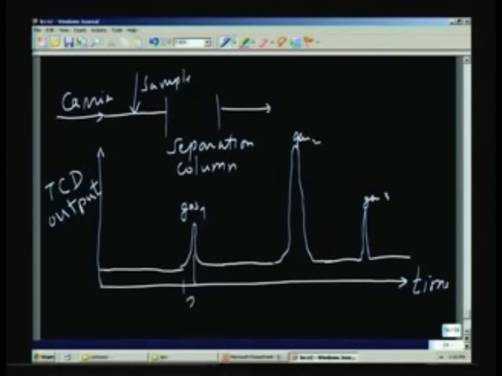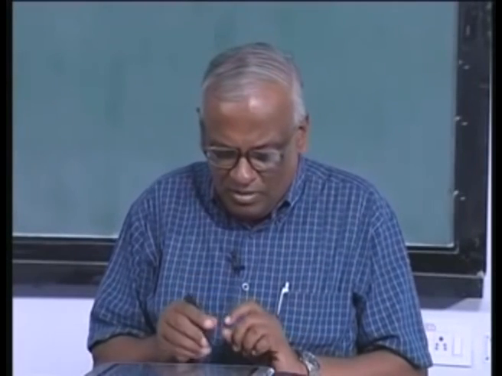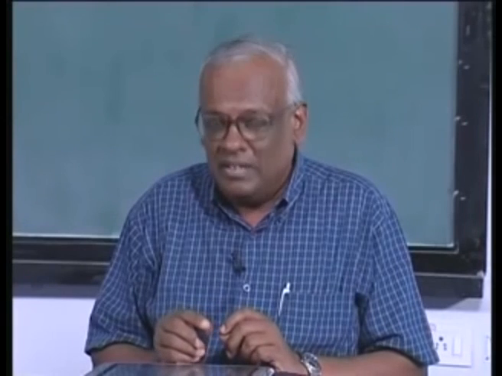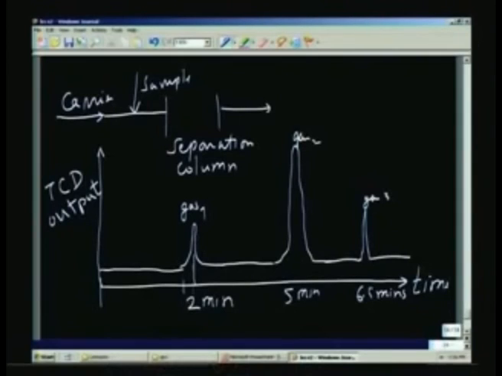This may be after 2 minutes, this may be after 5 minutes, this may be after 6.5 minutes, and so on and so forth. So, the gases come out of the gas chromatograph column spaced in time. That means that this is the initial time at which you are going to introduce the gas to the column. This is when we introduce the sample, and then after 2 minutes the first gas has appeared